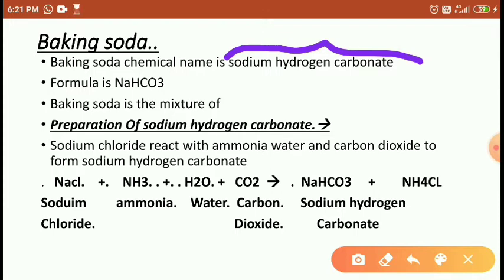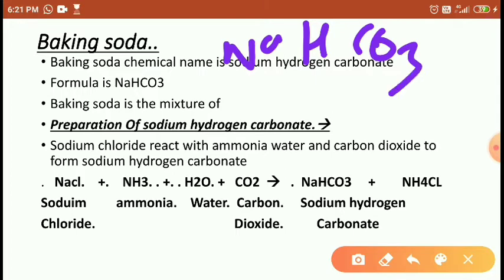The formula of sodium hydrogen carbonate, students, is NaHCO3. Sodium is Na, hydrogen, and HCO3 is the carbonate. So all the parts are there: sodium, hydrogen and carbonate. Right students? So baking soda is a mixture of